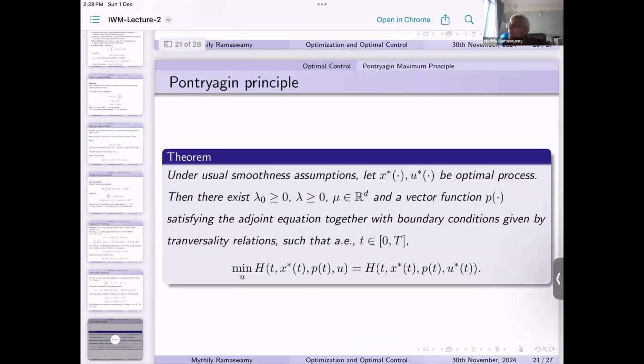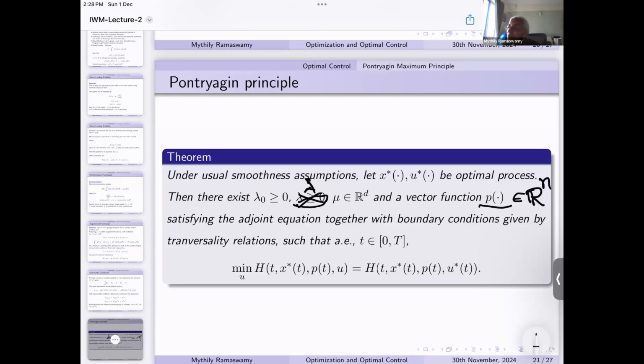Then there exists lambda greater than or equal to 0, and I wanted to correct this. Lambda and mu are all in R^d, so lambda greater than or equal to 0 doesn't make sense. So lambda naught must be greater than or equal to 0. That is the one. And lambda and mu in R^d, they exist. And a vector function P, the vector function P will be in R^n,